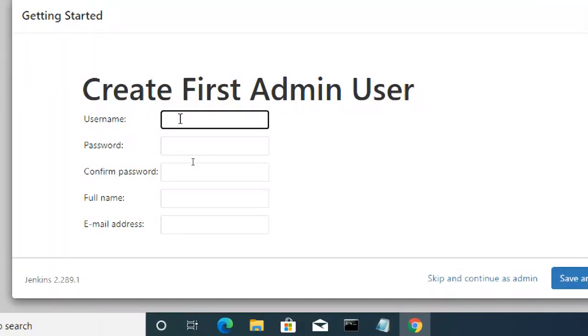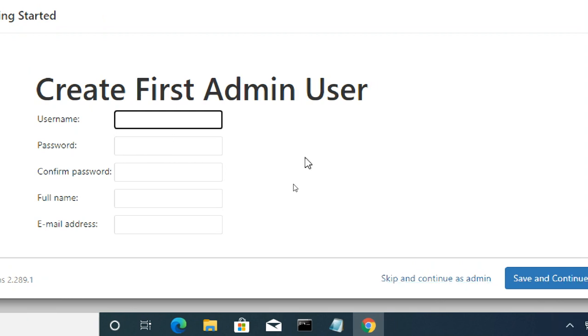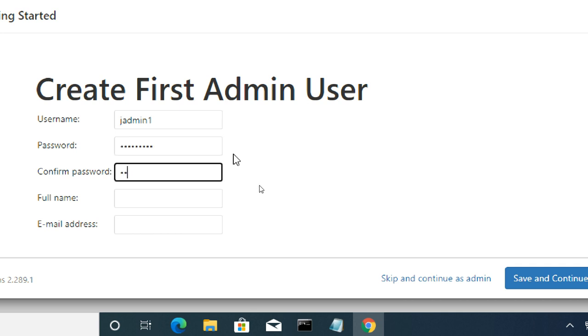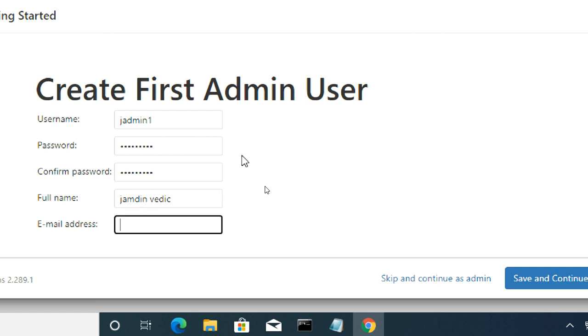It will ask for creating the first admin. Otherwise, you can skip and continue as admin also. But I'm going to create an admin. My admin name is jadmin1. You have to give a password. I'm giving the password admin@123 because I don't want to forget the password I gave. Full name is jadmin.